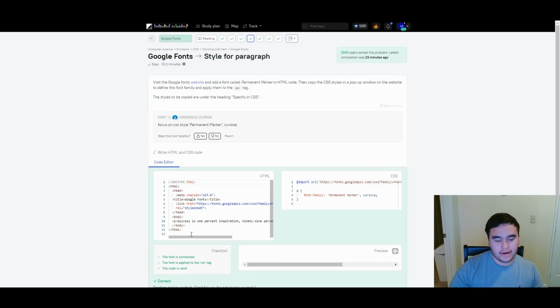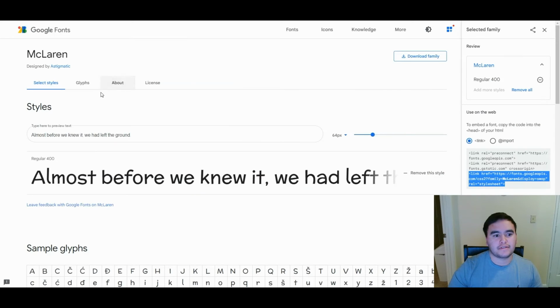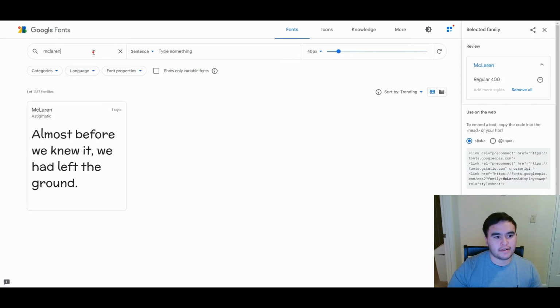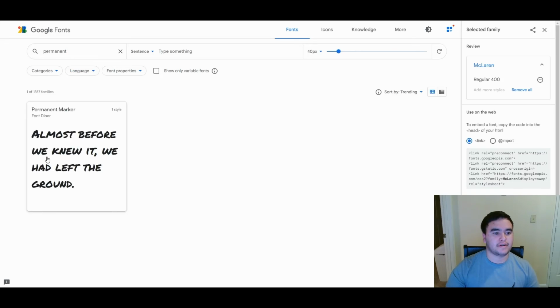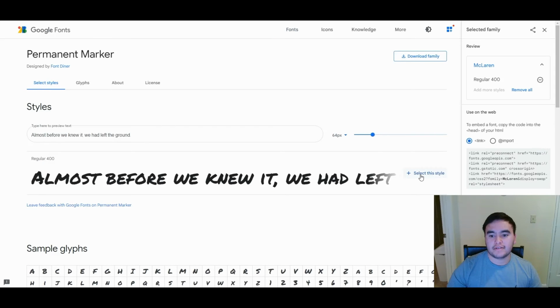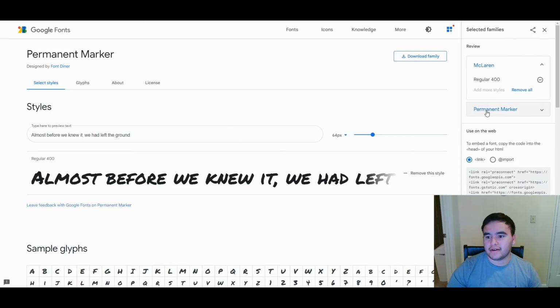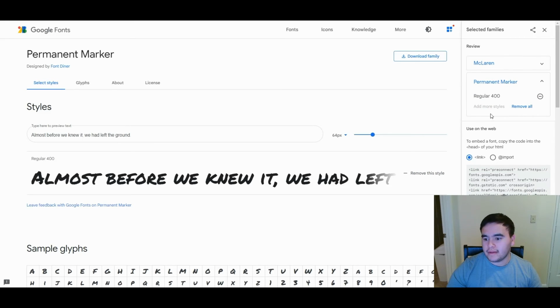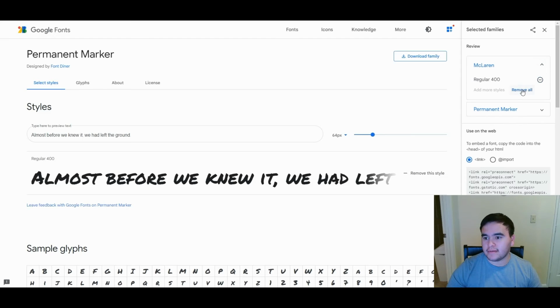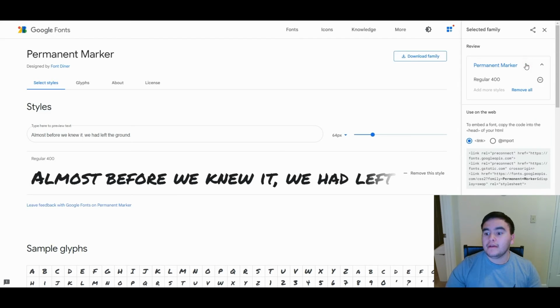So how I'm going to go about this is the same thing I did with the other one. The font is called Permanent Marker. So I'm going to go in here, Permanent Marker. Here it is right here. I'm going to click into it. So now I can hit select style right here. Now I have Mclaren and Permanent Marker, but I want Permanent Marker. I don't want Mclaren, so I'm just going to go ahead and remove it. So Permanent Marker. The HTML code I want is the one with the link, so I can copy and paste that guy right here,